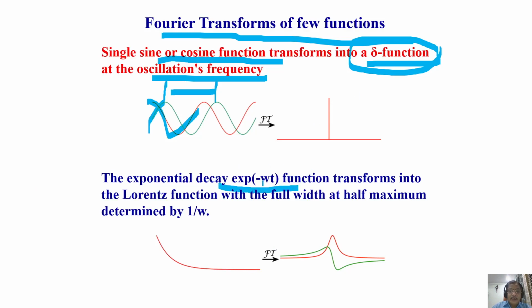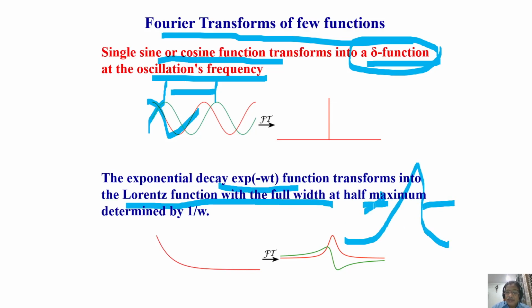On the other hand, let us say I take an exponential decay function. Like we saw in the previous slide, our signal is decaying exponentially. If you do the Fourier transformation, you must get the Lorentzian. This is the important thing. And this Lorentzian function, the spectrum from the FID, looks like this. Now you can calculate the full width at half maxima. If it is an exponential, the full width at half maxima is given by 1 over the decay constant.